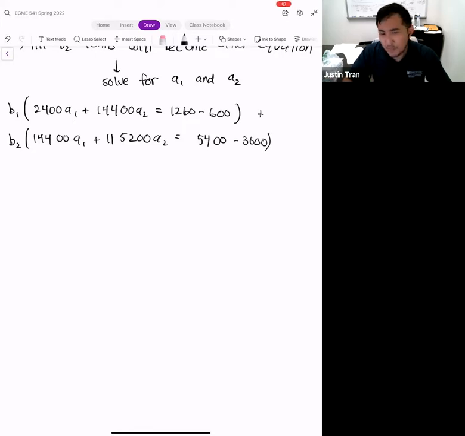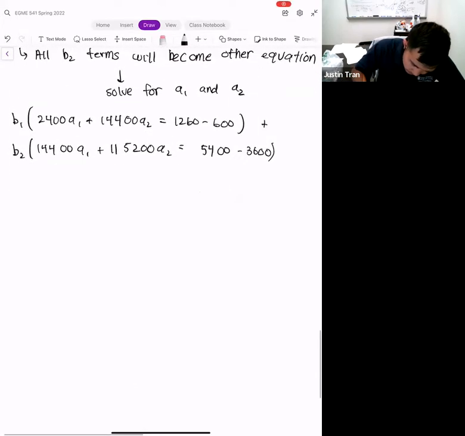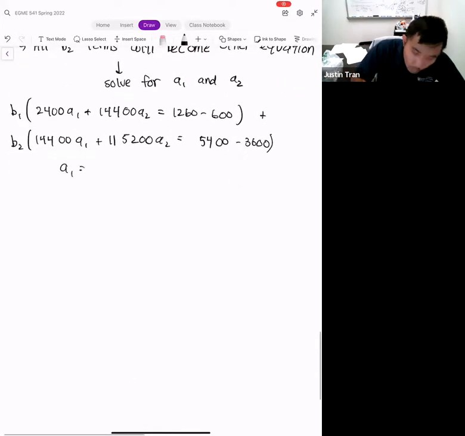You know, of course, for an exam, you don't expect to get a system of equations like this. And if you do, it's going to be easy to solve. With that in mind, if we go ahead and solve for the constants, what we get is A1 equal to 1.225, and A2 is equal to minus